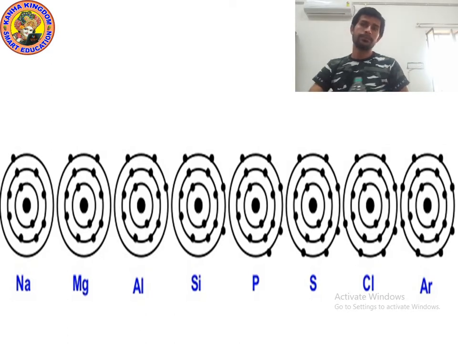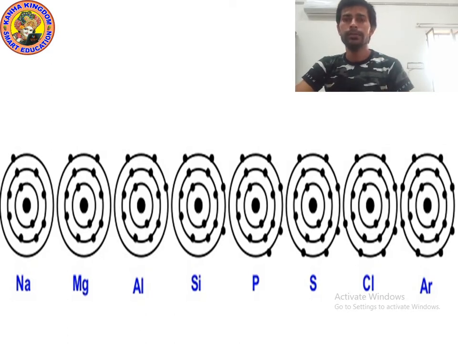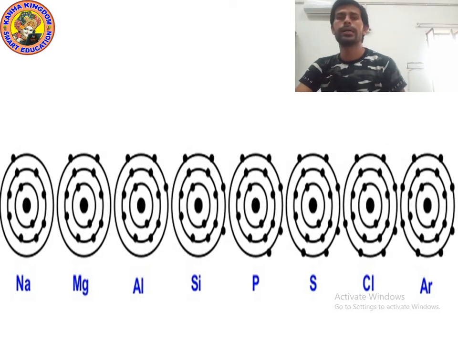So kids, as you can see, how many electrons are present in aluminium? In aluminium, 13 electrons are present. So to fill the 13 electrons, we will draw the circle, we will draw the shell. In first shell, in first circle, how many electrons can we fill? We can fill maximum 2. So 13 minus 2, 11. Now 11 electrons are remaining.